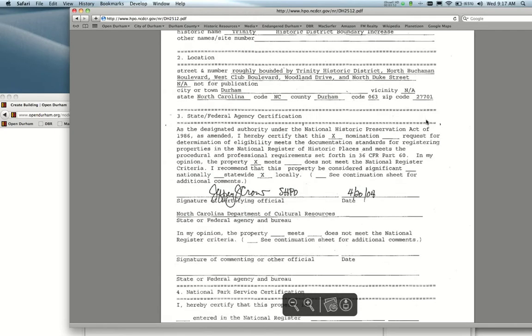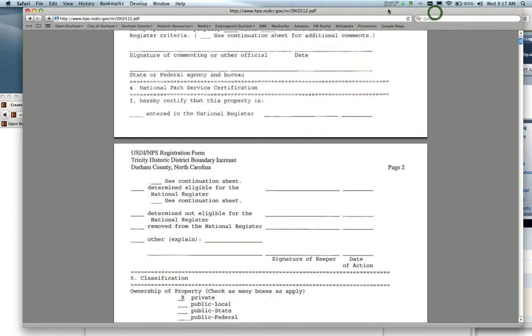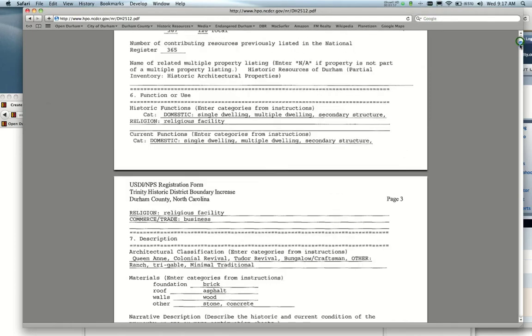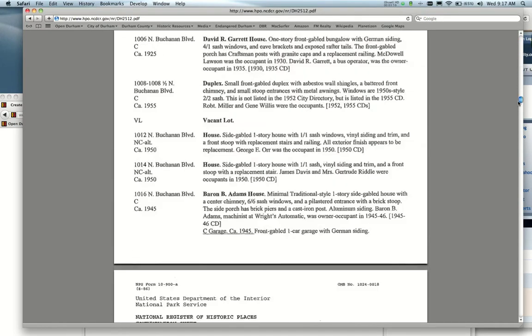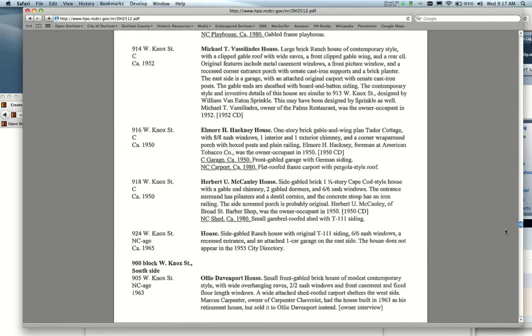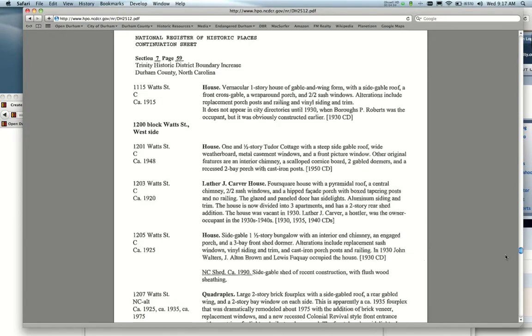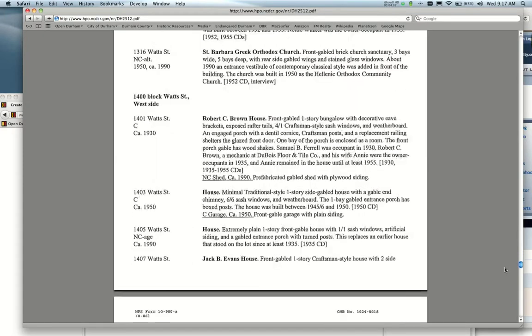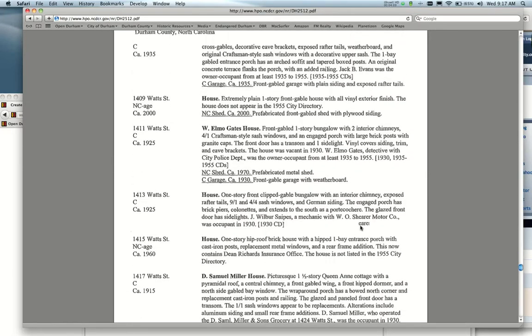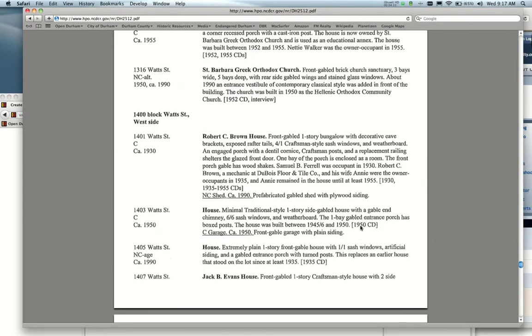And this is part of the Trinity Park National Register nomination, which will have brief or longer descriptions depending on what's available about each house that was nominated to be in the historic district. So this one's alphabetical by street. And I'm going to scroll down here to see 1401 Watts. C means it's a contributing structure in the district, and it was built about 1930. And I'm just going to copy the entry here